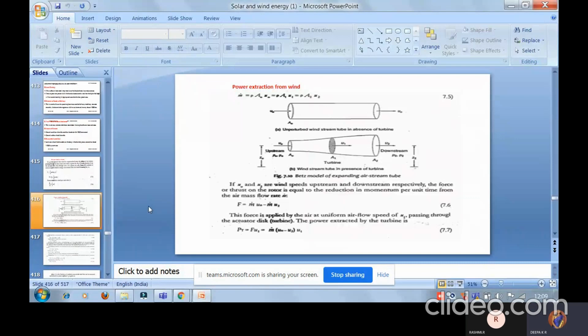We need to consider the rotor and the actuator disc, and how the pressure increases and decreases, or how you are going to extract the energy. Every time we are going to find out what the air mass flow will be. You can see the inner and outer space, where you can justify how much air is going through.